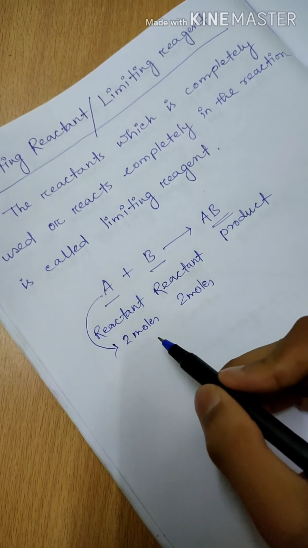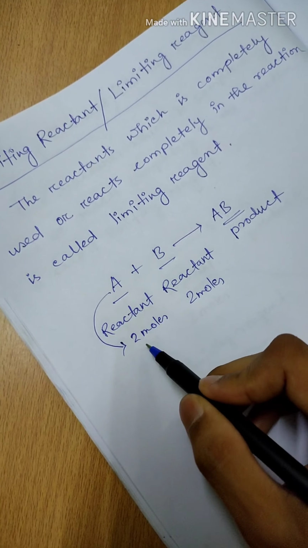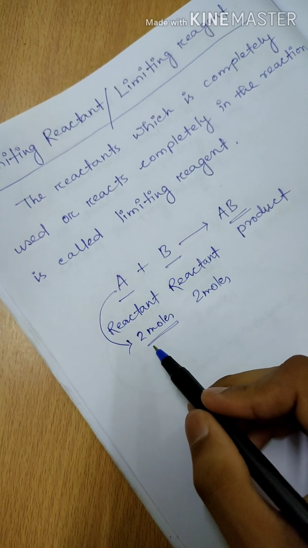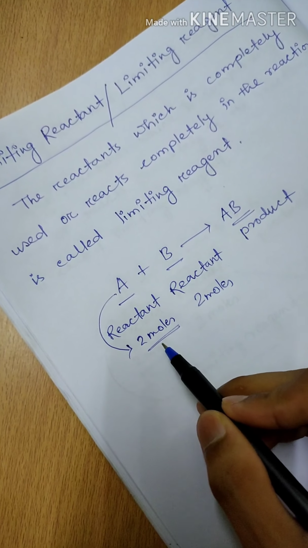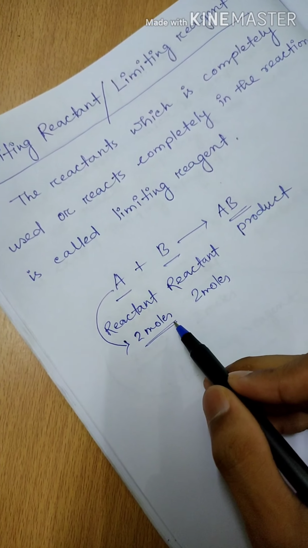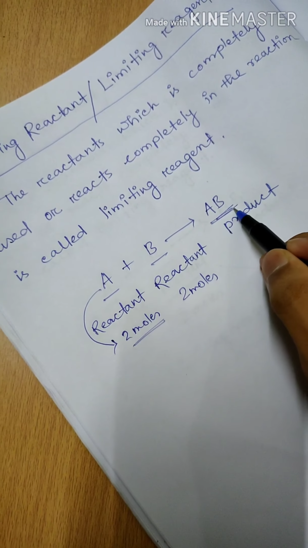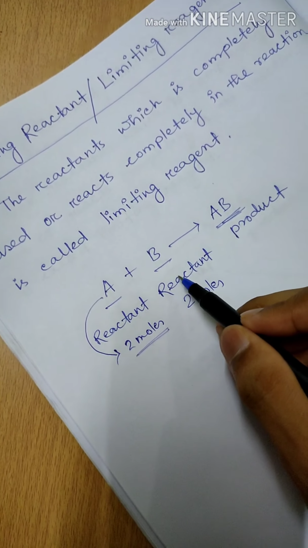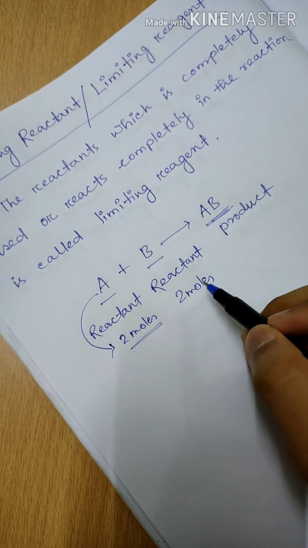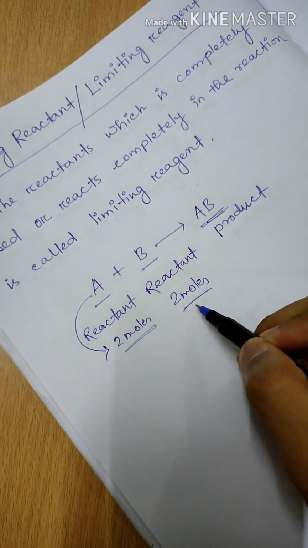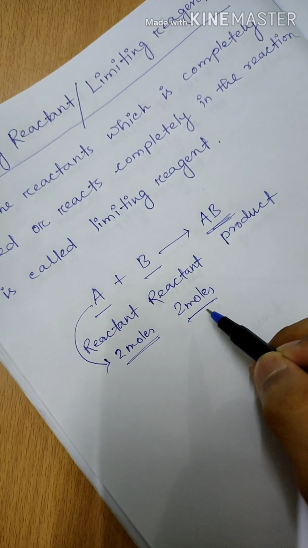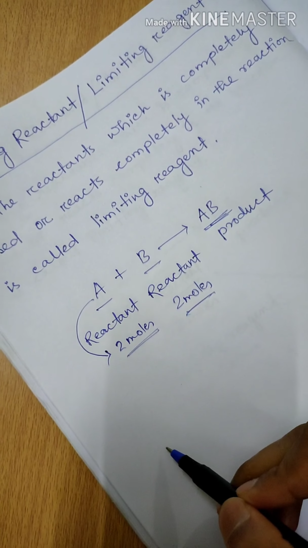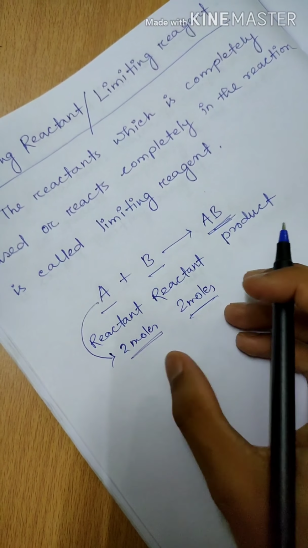Now see, out of these 2 moles of reactant A, if these 2 moles are completely used for the formation of product AB, and for the reactant B, out of these 2 moles, if 1 mole is used for the formation of product AB, then which one will